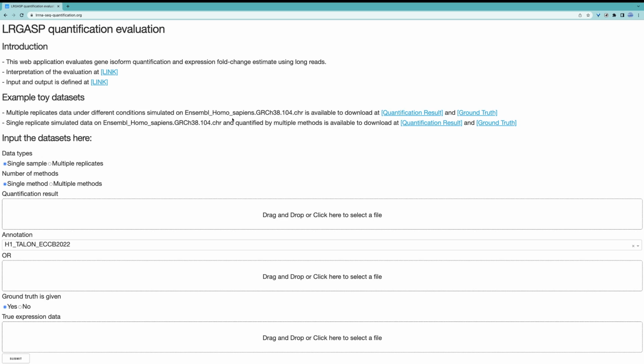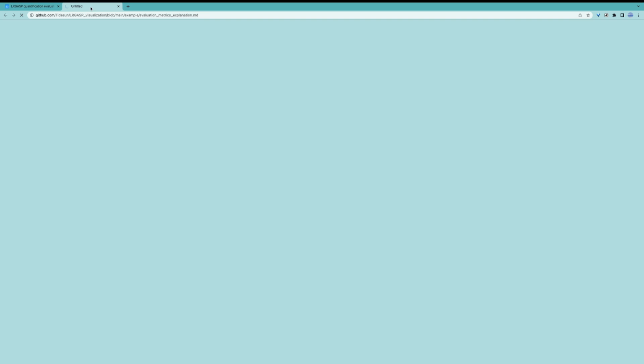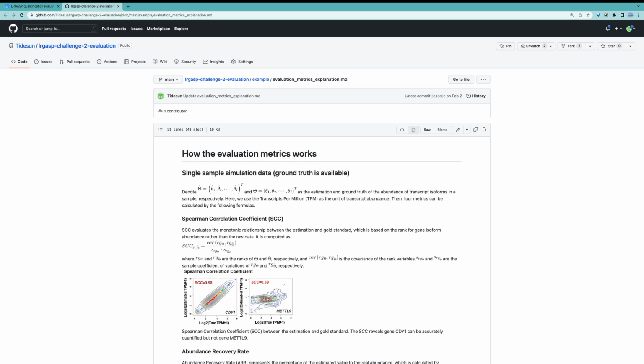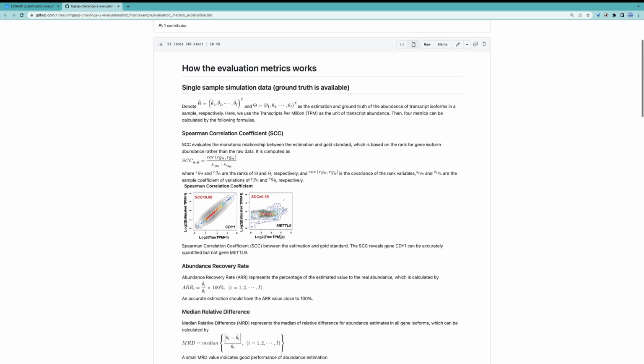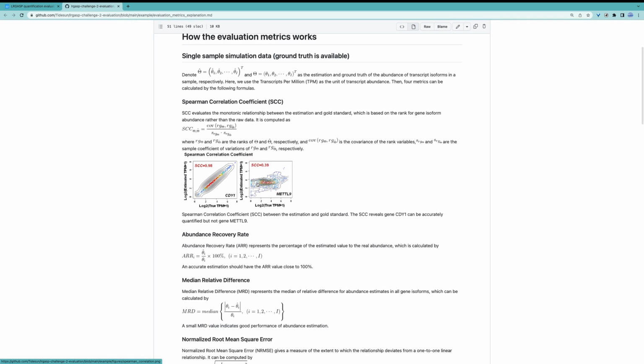Hi, this is a demonstration of the IOI-GASP Challenge 2 quantification evaluation web app. This web application evaluates gene isoform quantification and expression fold change estimates using long reads. For the interpretation of the evaluation metrics, we have a comprehensive web page here to give you a demonstration of how these evaluation metrics work, how they are calculated, and an illustration for you to get an